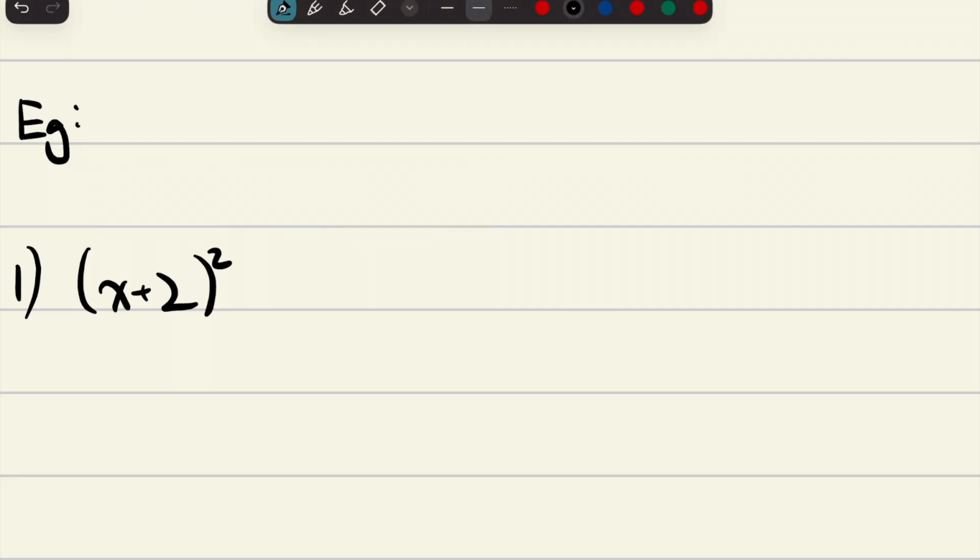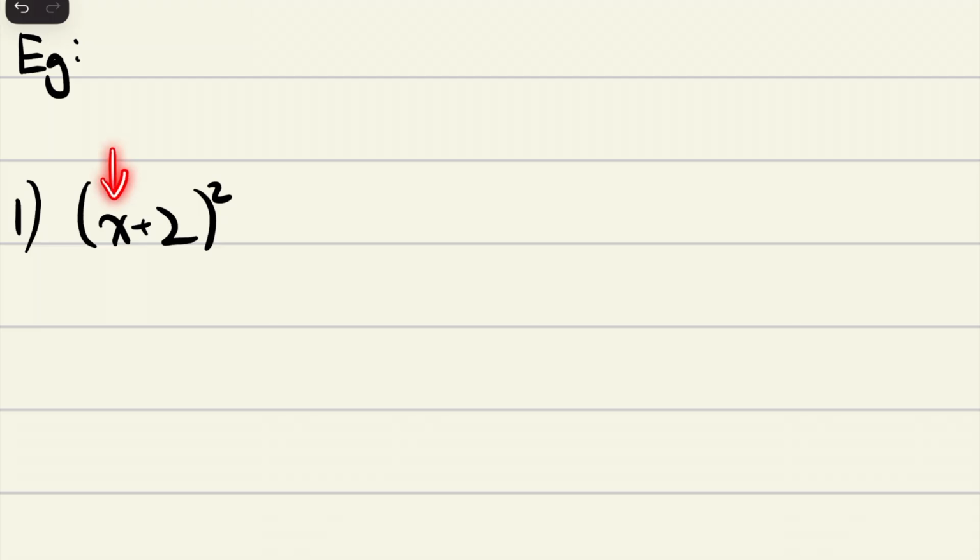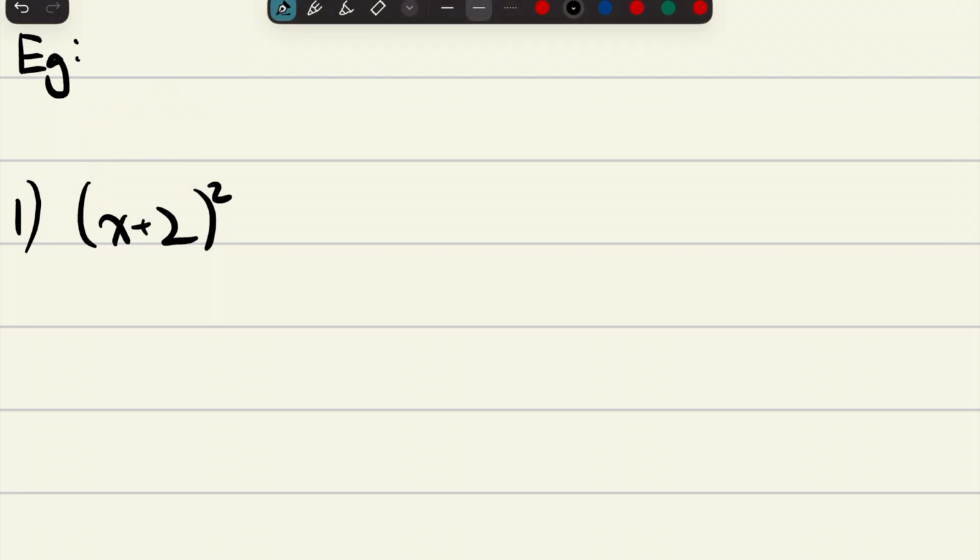So for this one, a is x, and b will be 2. So it'll equal bracket x close bracket squared, plus 2